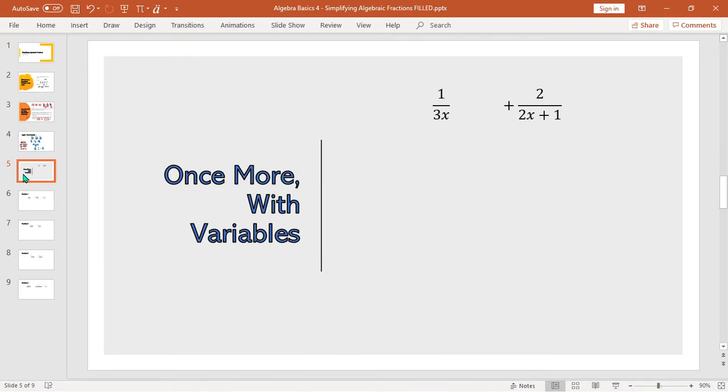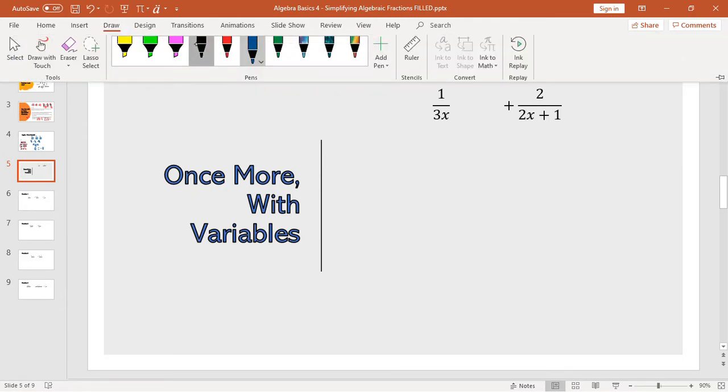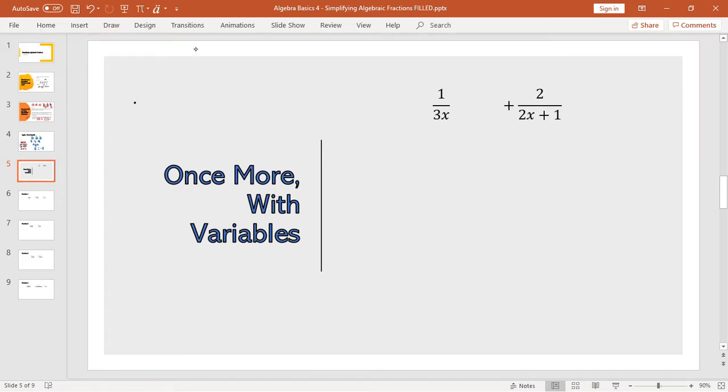So now we're going to switch it up, and we're going to throw some variables in. LCD, lowest common denominator. I see a number, 3. I see a plain old x, and this 2 is tied up, so I can't break it and say there's also a number 2 or there's a loose number 1. This is my third factor. So my LCD just becomes, smash those together, 3x,